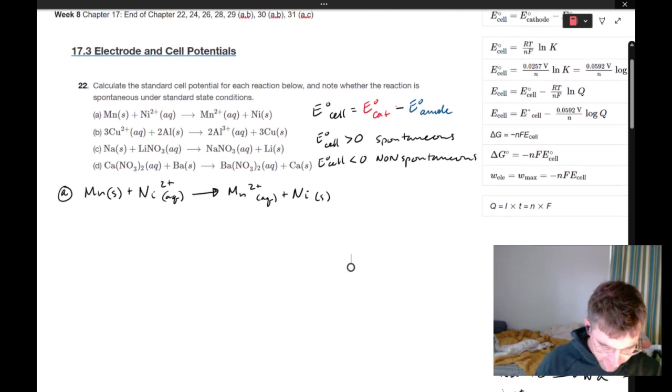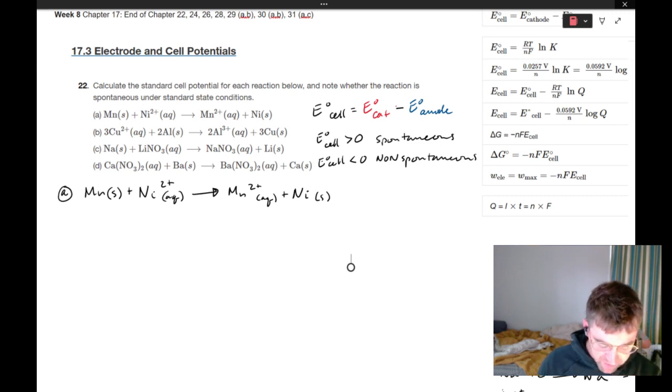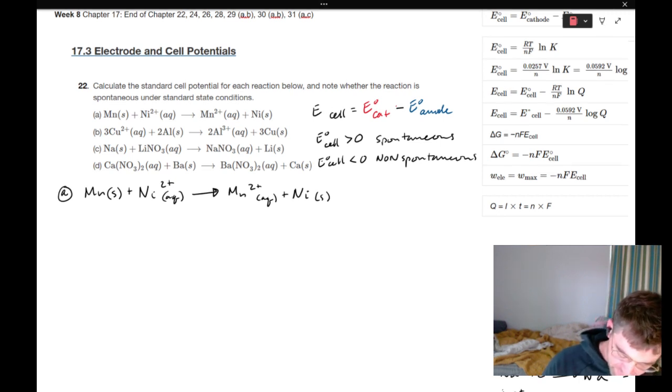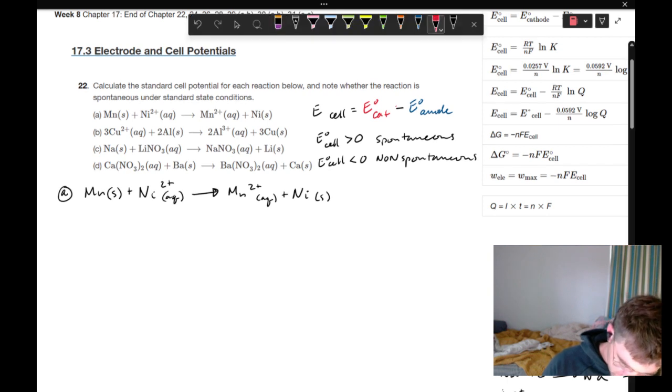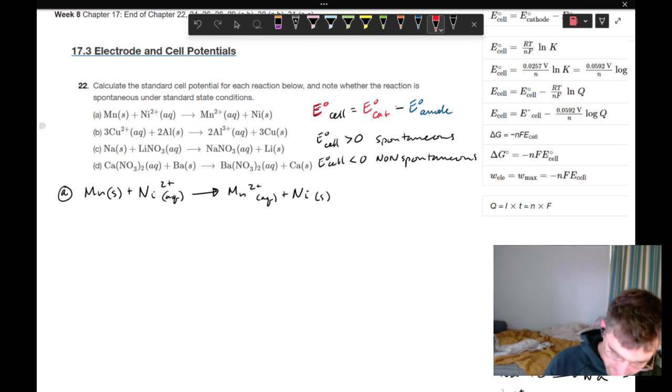All right, so electrode and cell potentials. Calculate the standard cell potential for each reaction below and note whether the reaction is spontaneous under standard state conditions. So when we're talking about standard cell potential, that is that E naught, with the little zero up top, of the cell. Standard temp and pressure. So anyways,